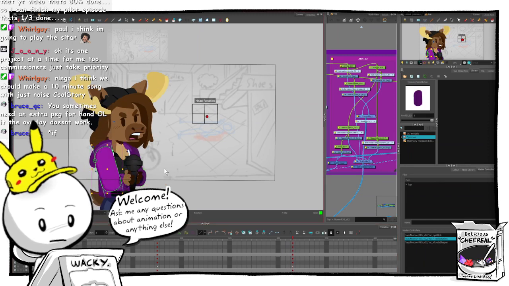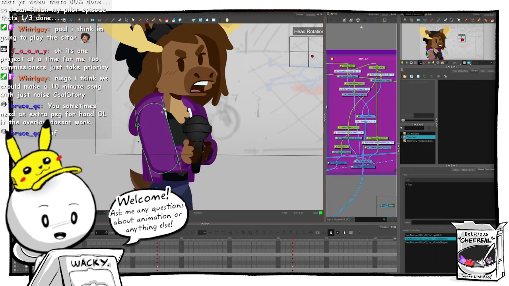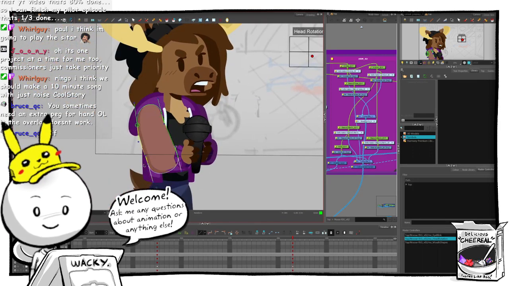Need to adjust some of these deformers on this arm here, so it looks a bit more appealing.